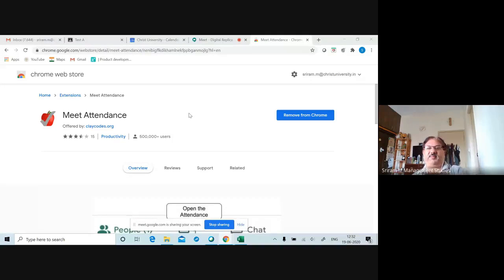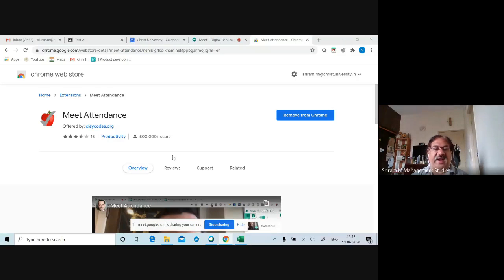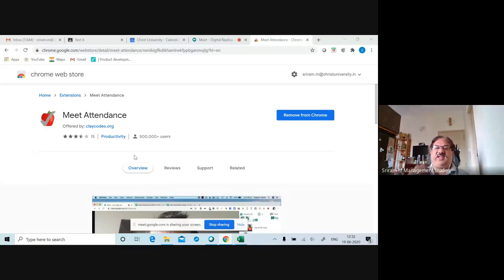This particular screen is what I told you. This is from the Chrome Web Store. If you go to the Chrome Web Store, you'll have all these. These are called extensions, actually. All these add-ons that I told you about are extensions. This particular Meet attendance is offered by a private party, but anyway, these parties are all approved by